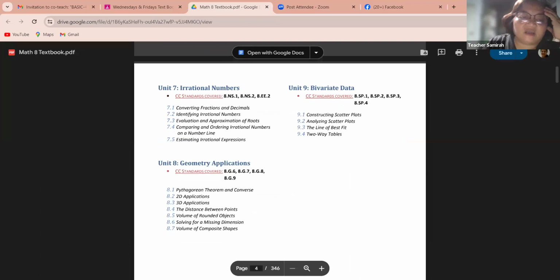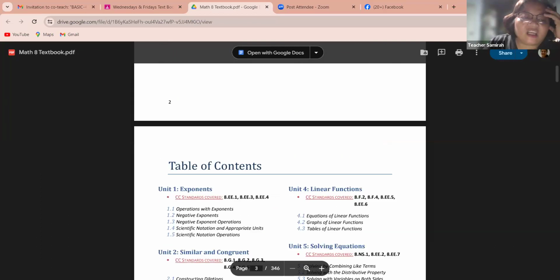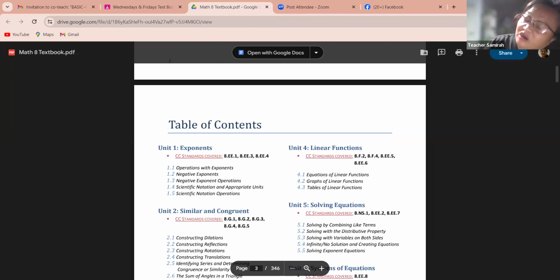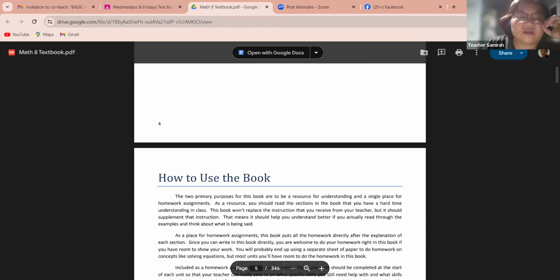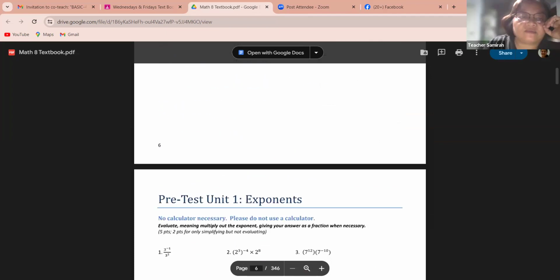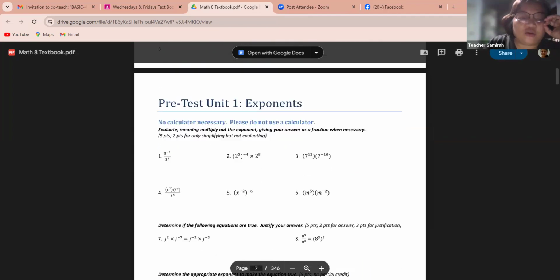Okay. So the first lesson, again, is actually all about exponents. So we are talking about the basic operations with exponents. You now have the basic knowledge regarding the exponent. For example, I think I was able to discuss up to the negative exponent, right? Up to the negative exponent.